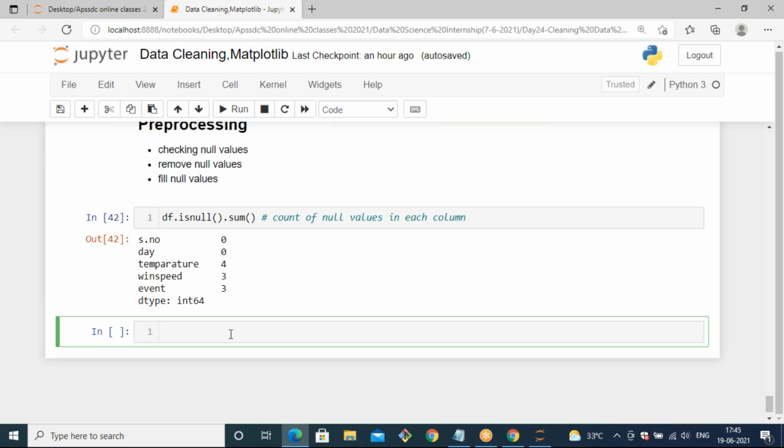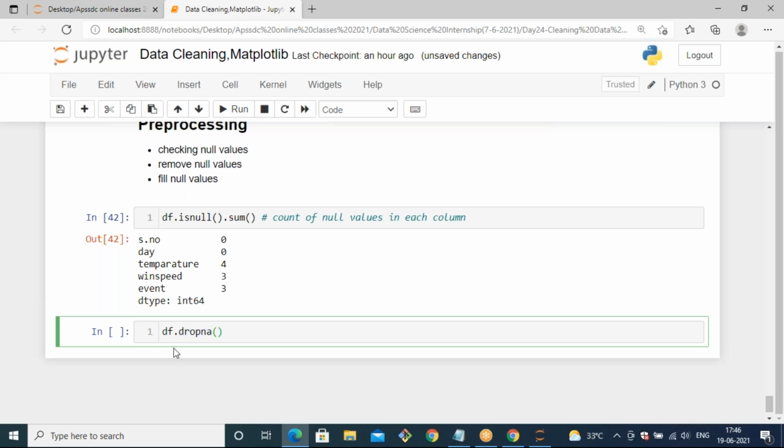If you want to remove the null values from your data set, you can use dropna as the method, and it is going to remove those values from your data set.